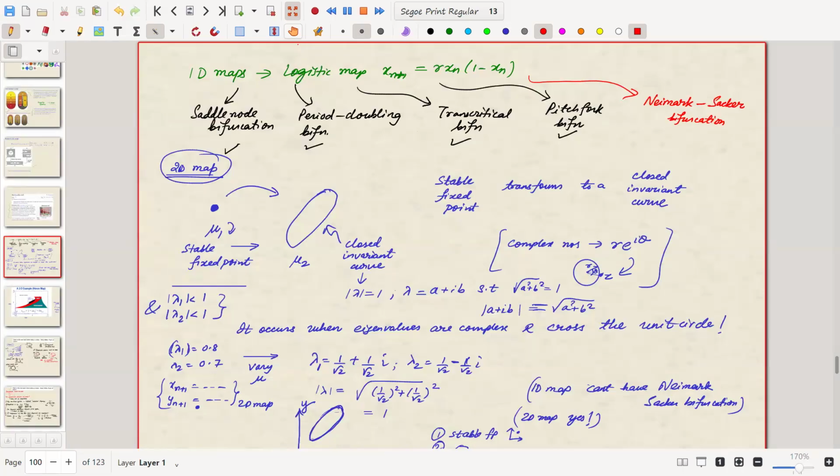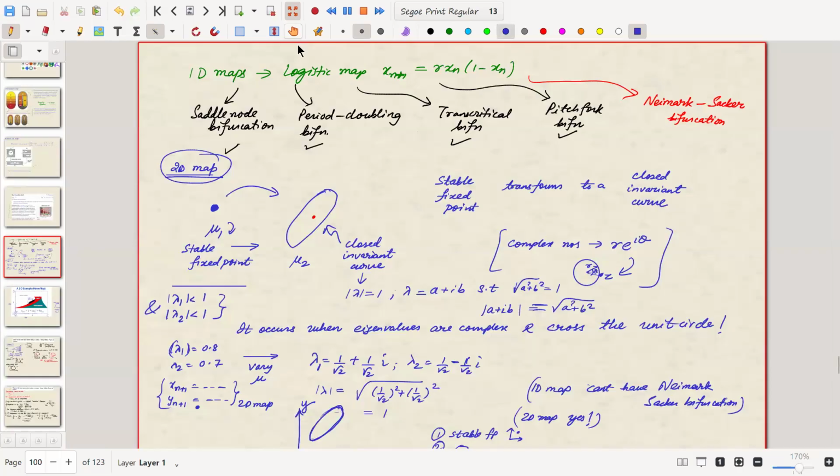I think I gave you an assignment, right? How to plot the quasi-periodic orbit in the Henon map. Did you do it? You did, no? I will check. So you have this fixed point, and then if you observe the closed invariant curve, then you will see,